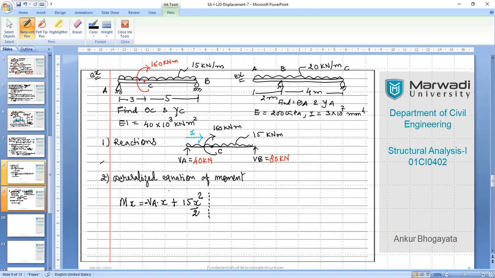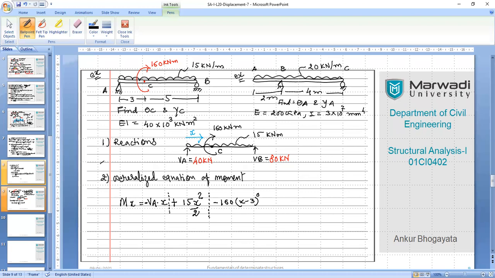If you wish, you can put it into another segment also, like you can create two segments, because this UDL is general for the entire beam, right? And now 160, I will be writing here, let me help you, 160 into, where is the location? X minus 3, 0. This is what I want all of us to learn. You can mute yourself, Albert. Thanks for the discussion. And now everybody will please focus on this equation, which is very important.